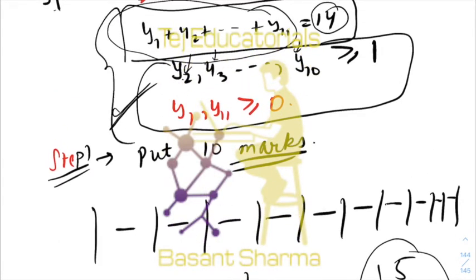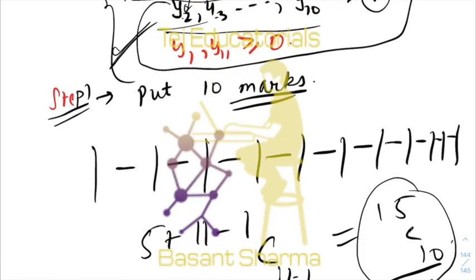This we have already done so many times, right? You can either think like this: y2, y3, y4 till y10 require at least one, so give one each to each of them. After you do that, 5 objects will be remaining, that you distribute amongst 11 people in (5 plus 11 minus 1) C (11 minus 1) ways.